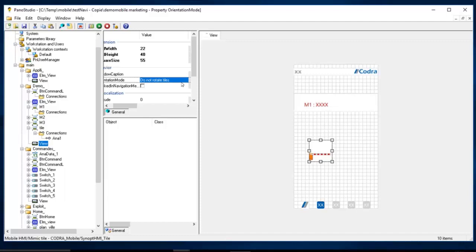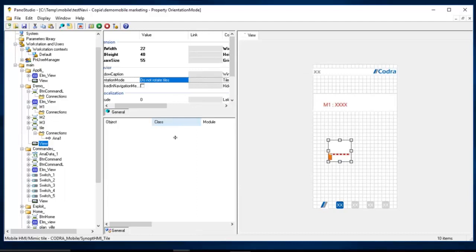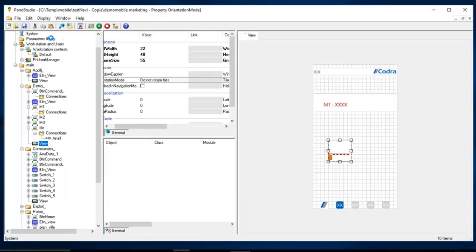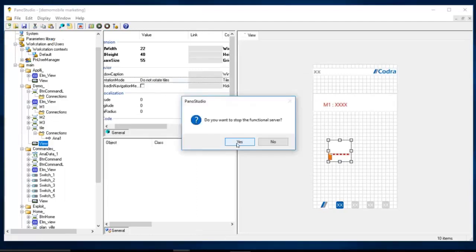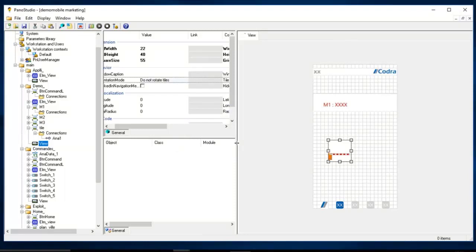You may note that the new mimic, the child mimic, which is animated, is a square mimic. So I can ask to rotate the square tile, so in the same position, the contained animation will turn according to the orientation of the tablet, of the mobile device. So let's make a try. So I record, I rerun my application. Let's go. I share my screen.